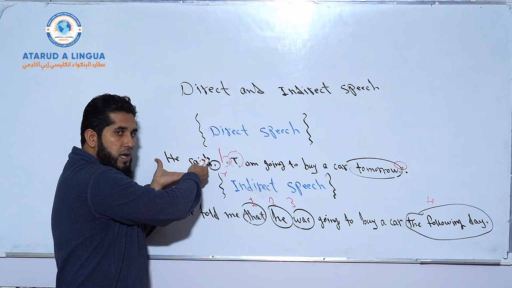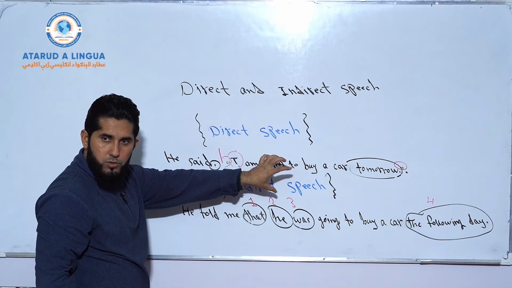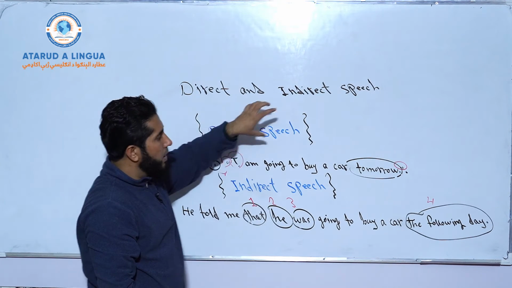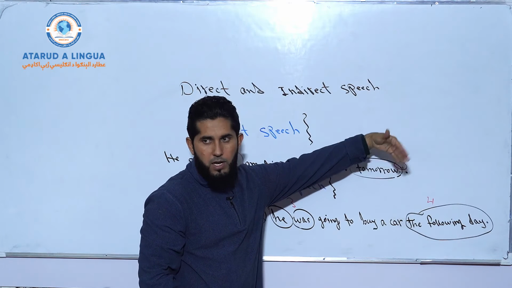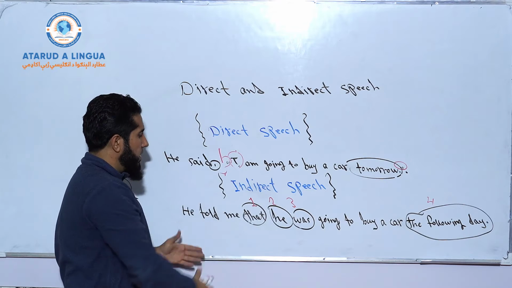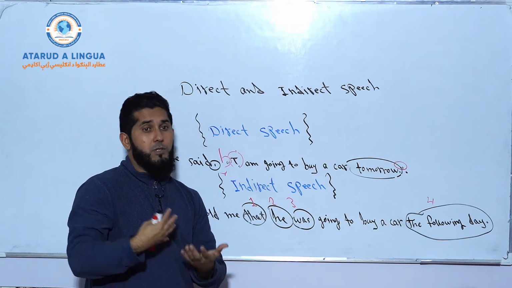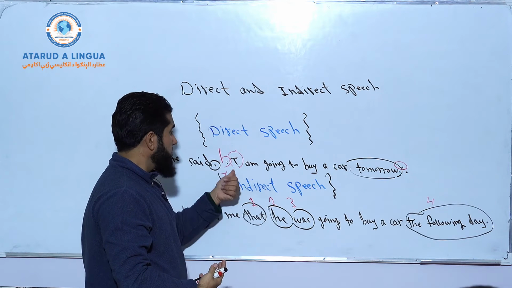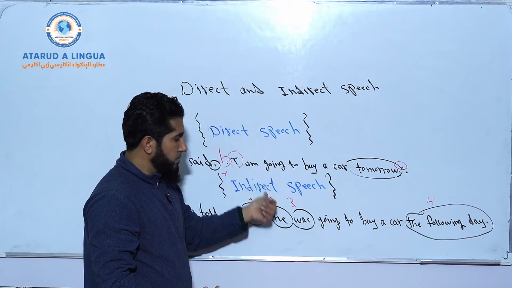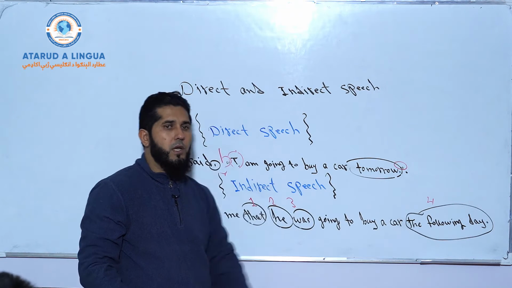So here you bring someone's speech in his or her own words, and you follow these rules. You bring somebody's speech inside quotation marks, you capitalize the first word, and you use punctuation marks both inside and outside the quotation marks, right? And use a comma between reporting and reported speech. But here, no comma, no quotation marks, okay? But some other changes are necessary to be brought here. What are those changes? Pronoun, first person to third person, okay? I to he, and am to was, and tomorrow to the following day. Okay,